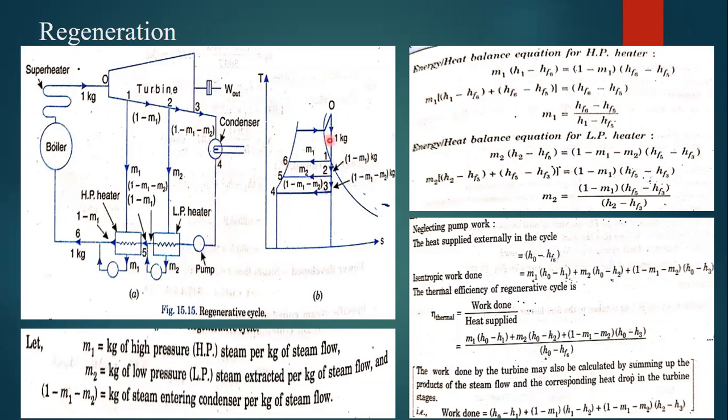Okay. So in that way, we are going to utilize the waste heat also here. Whatever the leftover steam is going to be there, we are going to utilize to heat the water to feed the boiler, so that we can reduce the amount of work to be given to the boiler. In that way, we are going to improve the efficiency of the Rankine cycle. So this is the TS diagram for the regeneration cycle. This diagram is very much important. You need to know it definitely.